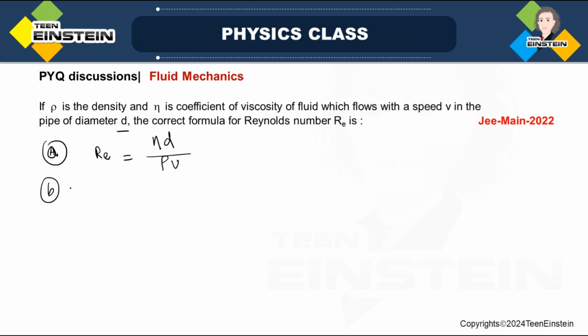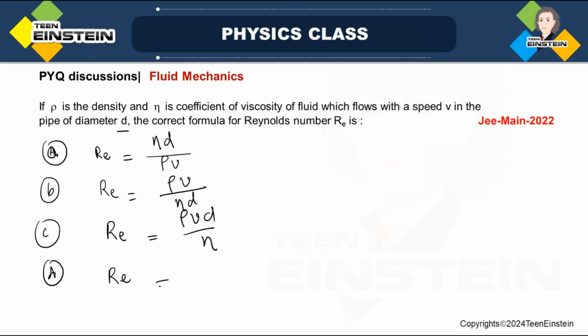Option B says it is rho v by eta d. Option C says it is rho vd by eta, and option D says it is eta by rho vd. Okay, so which one is the correct